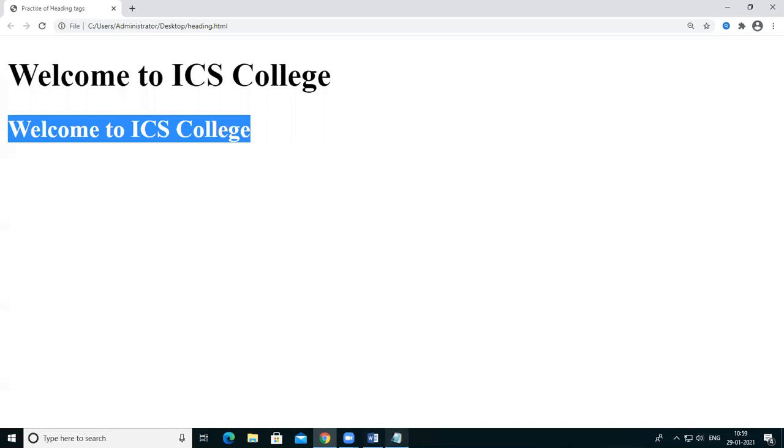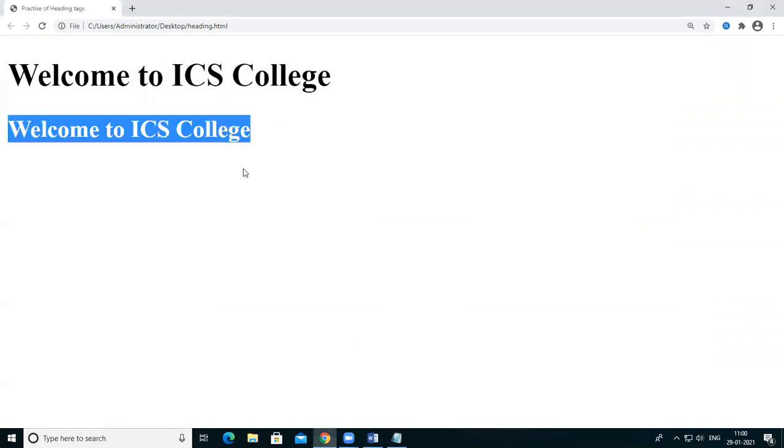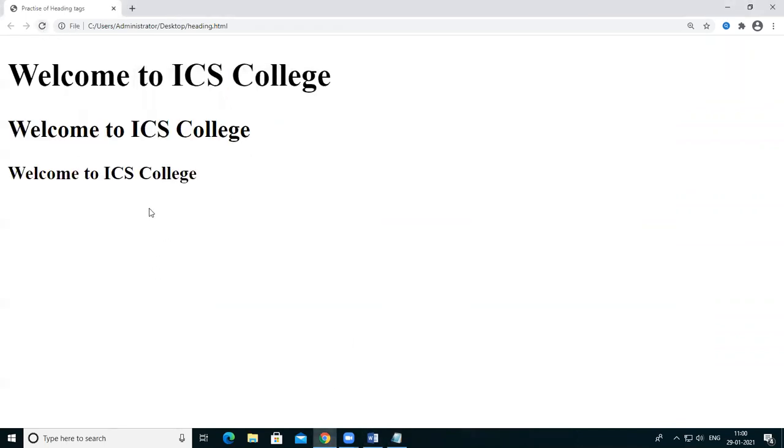Then I'm using another heading tag H3 and close. Again Ctrl S, I'm saving this file. Just go to the web browser and refresh it. This is the heading tag having a size like this, the size of H1, H2 and H3. So when you go from H1 to H2, H3, H4, H5, H6, the size decreases. Which of these heading tags you want to use depends upon you.